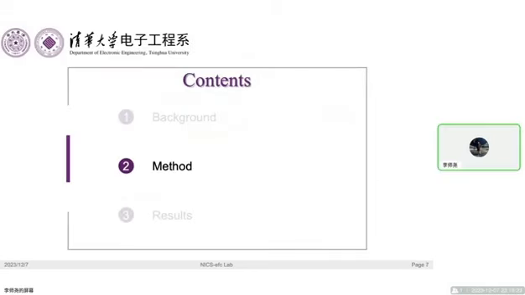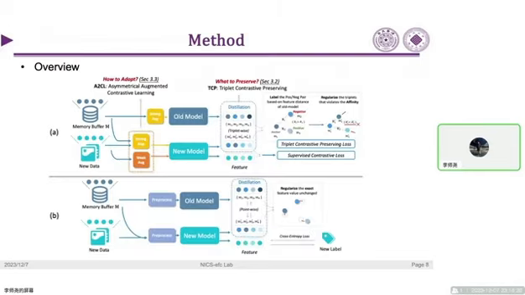Second, I will introduce our method details. We first introduce our method overview. We use asymmetrical augmented contrastive learning to learn new classes, and we use the triplet contrastive relationship preserving to preserve the old knowledge. These two parts are very different from the original learning style, like pointwise distillation methods for continual learning.